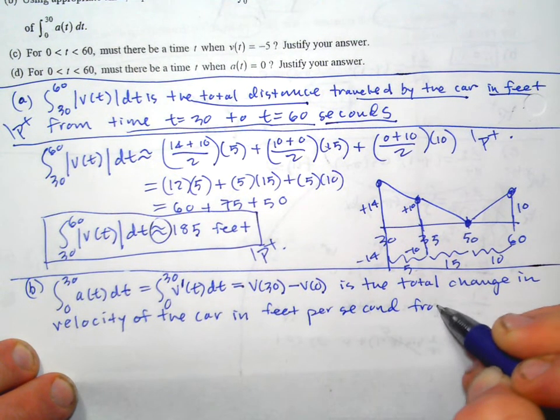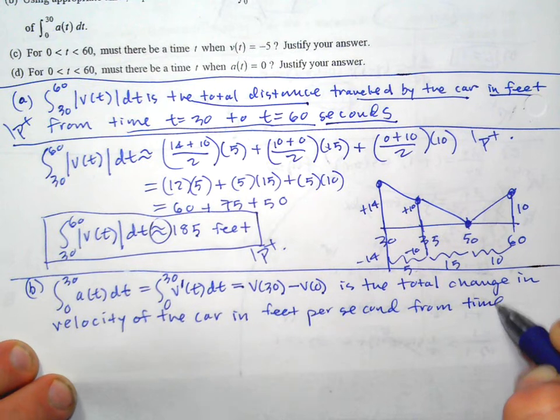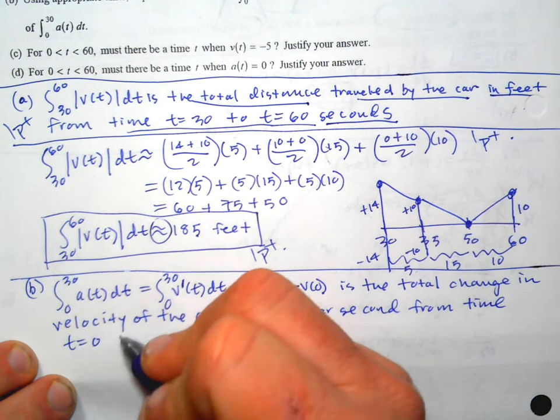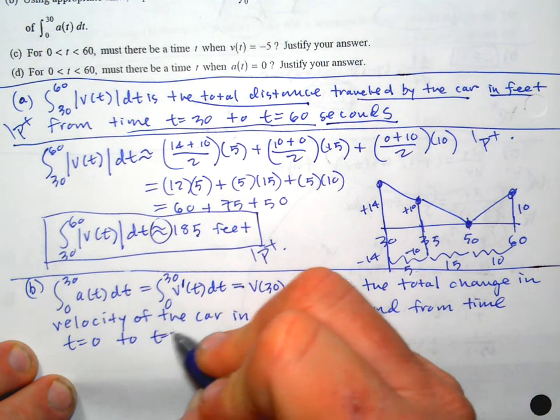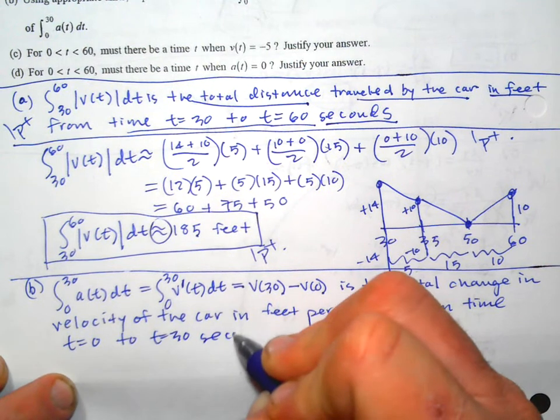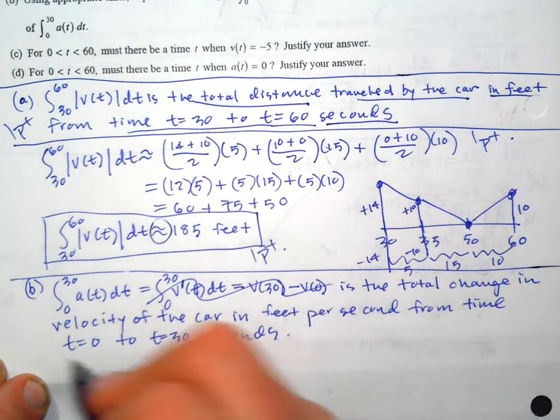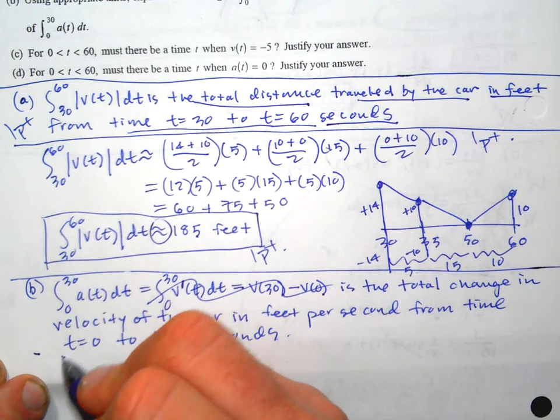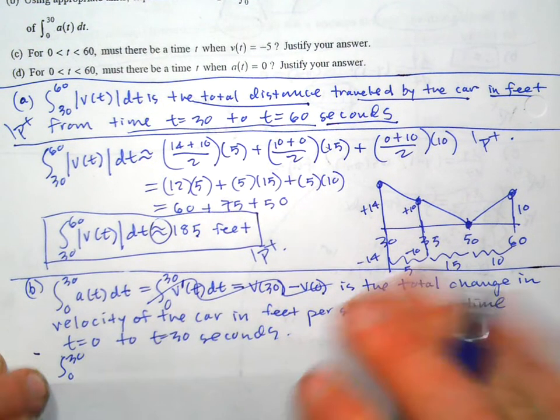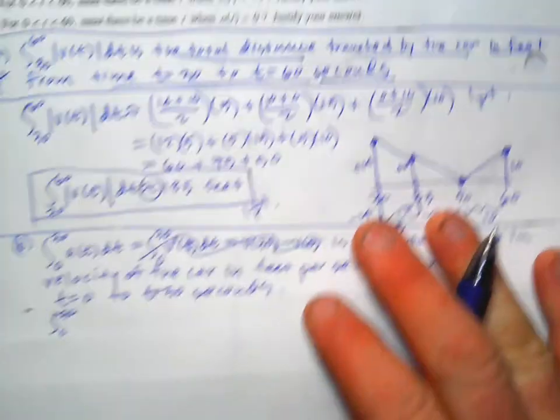from time t equals 0 to t equals 30 seconds. So you need all that stuff. I don't know if you don't necessarily need this, but that kind of helps you figure out what it is you're talking about. Now it says we're going to actually find the exact answer. How are we going to do that without